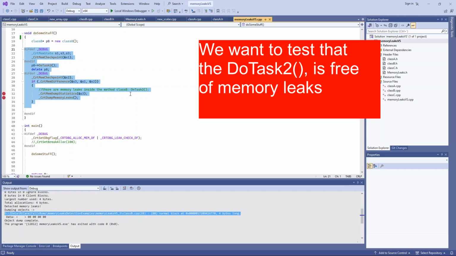But in the end, when the method doTask2 returns, these objects should be destroyed and the state of the memory should be equal to before calling it. To do this,